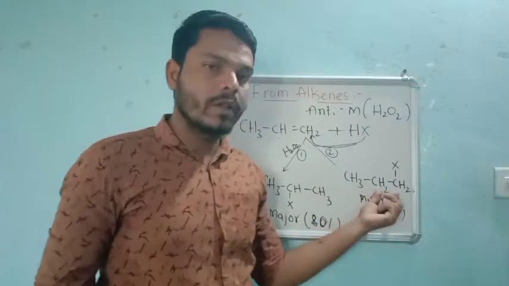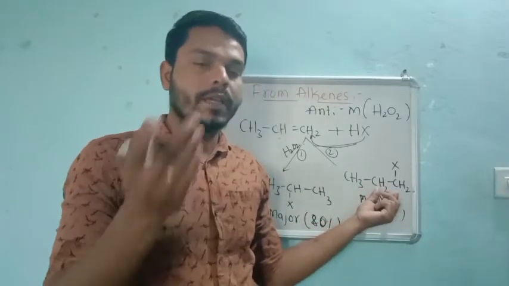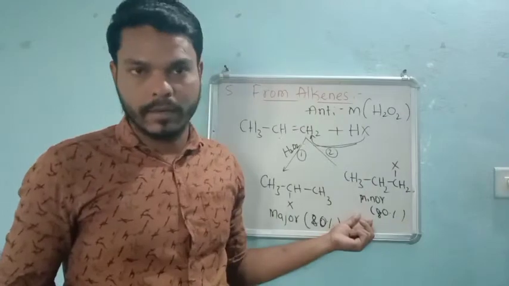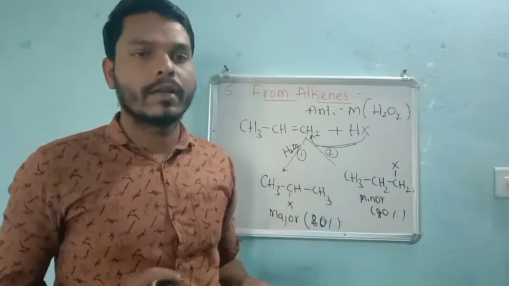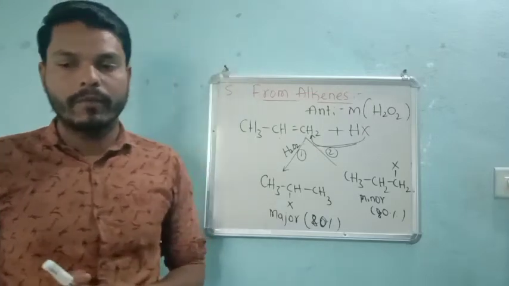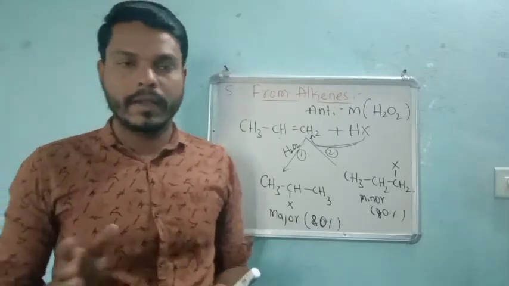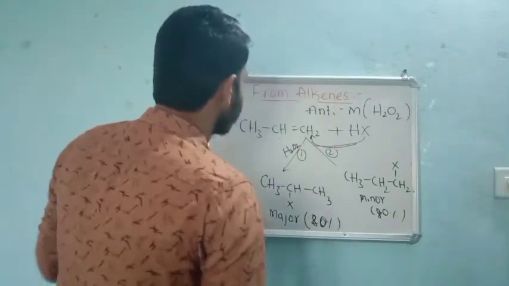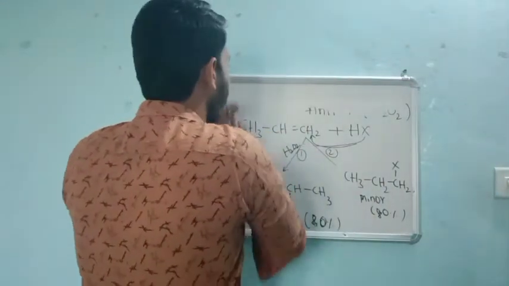In the anti-Markovnikov case, if it is the major product, then in the Markovnikov case it becomes the minor product, right? So you just try to understand on these bases, which are very important. And the next, sixth preparation is on